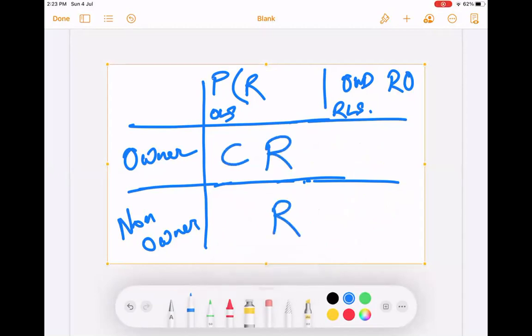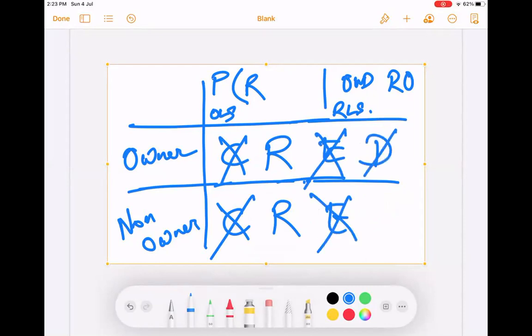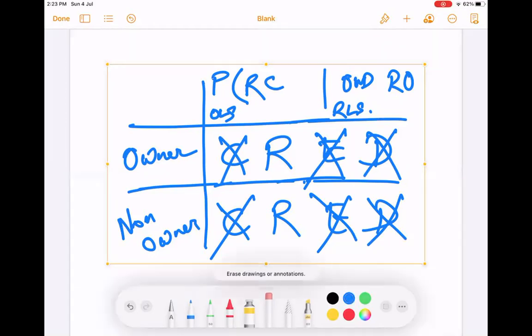Correct? Clear? Anybody has any confusion? No, sir. Now I create permission. What will happen? Now owner can create and read, obviously. Non-owner can only read.